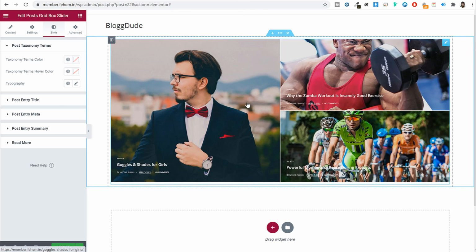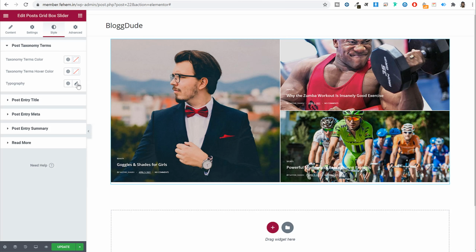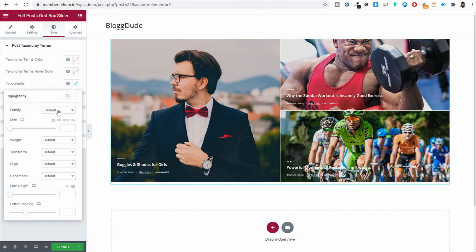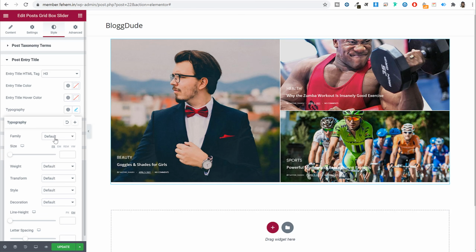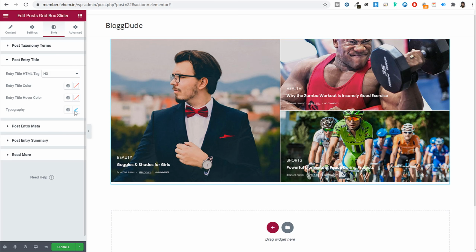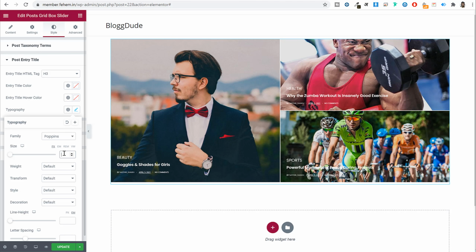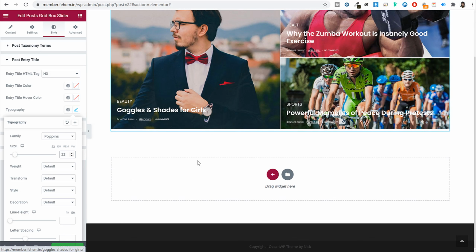Now go to style and let's change the size and font family of all these different texts, because it is very small. First option that we have is this taxonomy terms. I'll change the font family to Poppins. By default, I think it is Roboto, which is good, but I think Poppins is much better. So again, we'll select Poppins from here. After that, we'll also increase the size to 14 pixels. Now, as you can see, nice, big, easy to read. Now we'll select this title. Again, this also will be Poppins, and we'll increase the size of this title to maybe 22, 23 pixels. Now, as you can see, nice, big, easy to read.